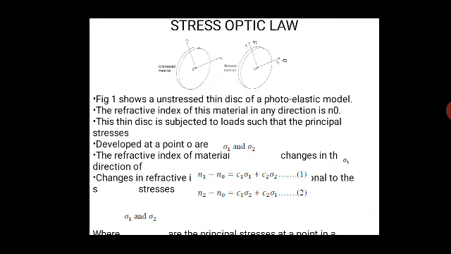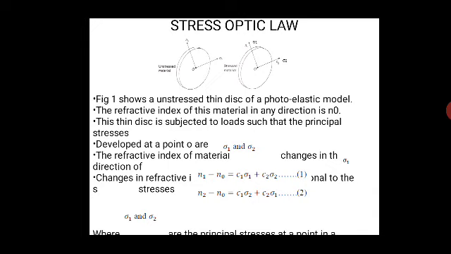I can write the change in refractive index as n1 minus n0 is equal to c1 sigma 1 plus c2 sigma 2, and the second one, normal to the stresses, n2 minus n0 is equal to c1 sigma 2 plus c2 sigma 1,